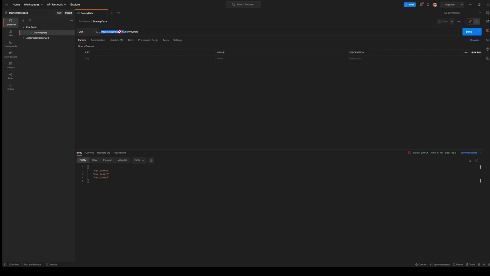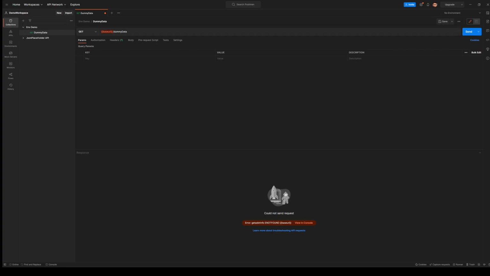And in order to replace the value of the URL, you have to do it like this. Curly parenthesis, right? And one more curly parenthesis. And inside that, you have to type in your variable that you created at your environment level. So now you can see I just changed it to base URL. And if I try to save this and hit it,